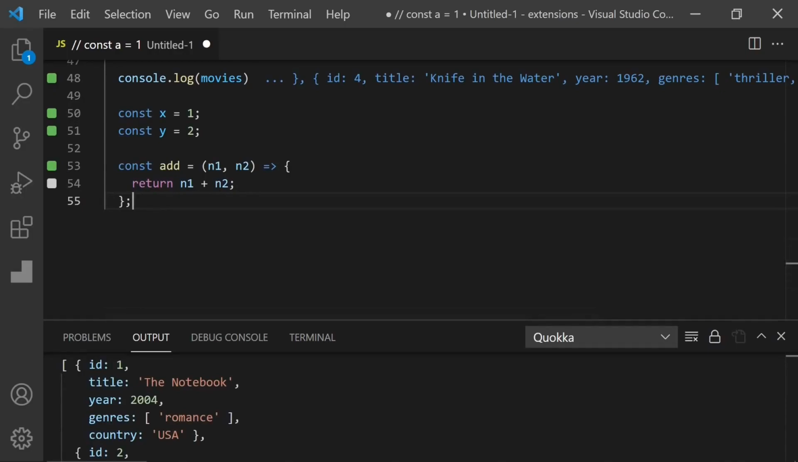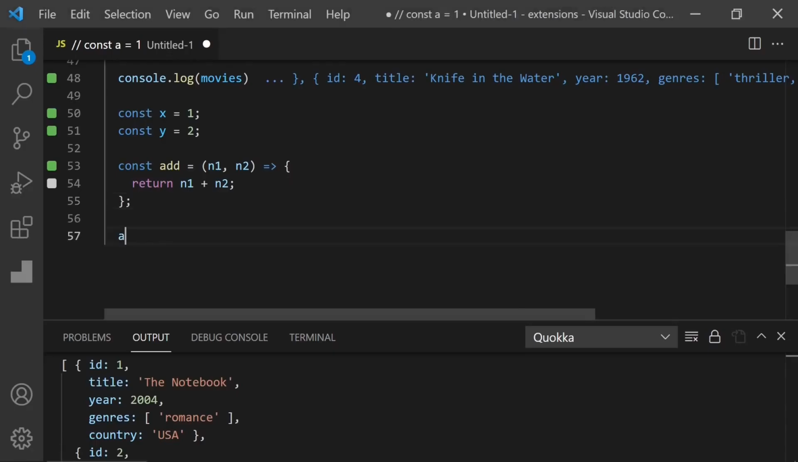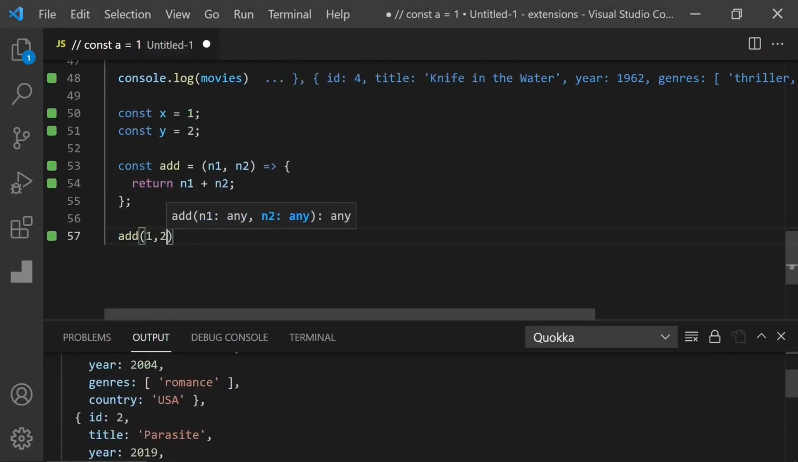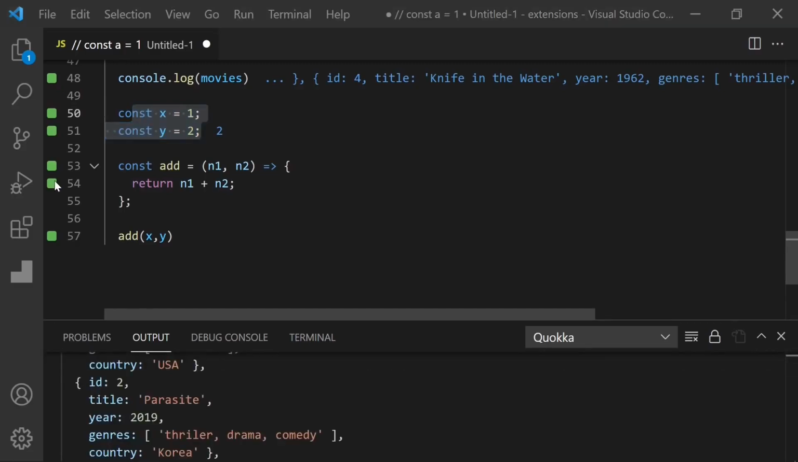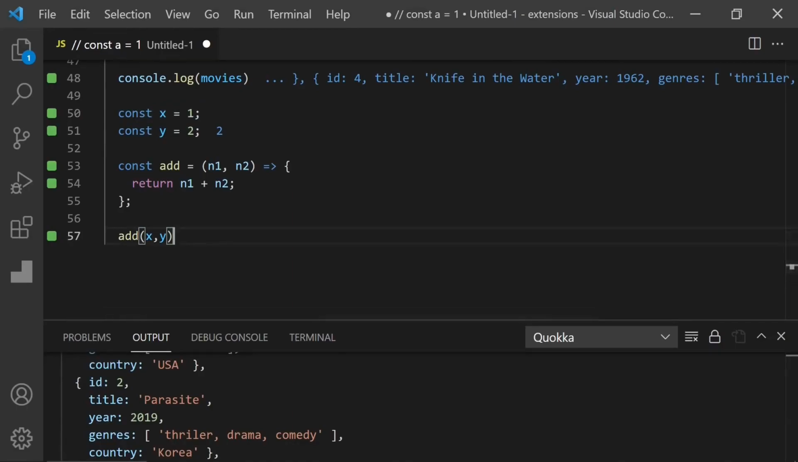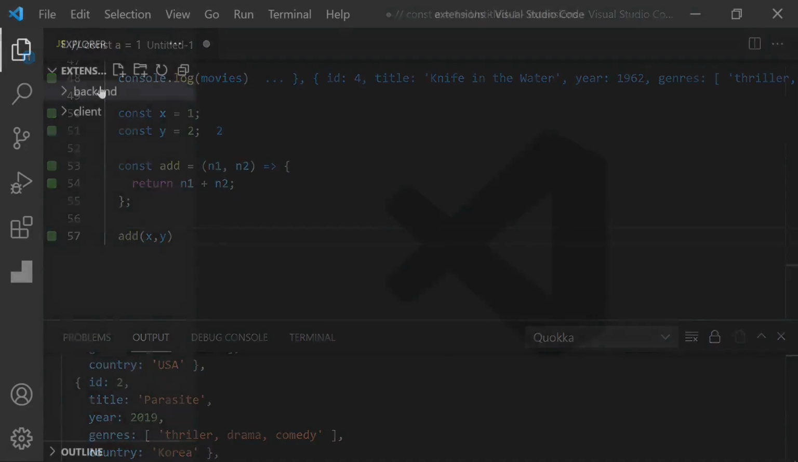As you can see, it's gray because we didn't actually call this function. If I say add 1, 2 or x, y from here, now this line is executed, and it's really useful because sometimes we forget calling functions or we get different results instead of what we expect. But thanks to these indicators, it's really easy to figure out where the problem is, especially if you are using